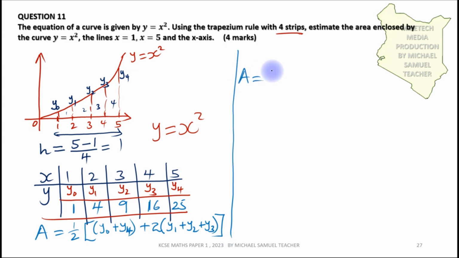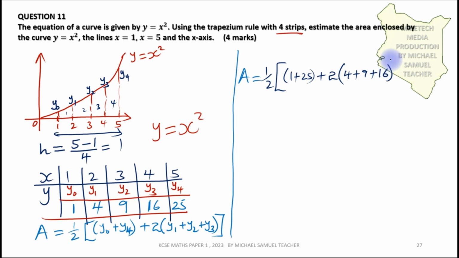So we shall have a half, then the square bracket, y0 is 1 plus y4 is 25, close the bracket, then plus twice the sum of the other heights, y1 is 4 plus y2 is 9 plus